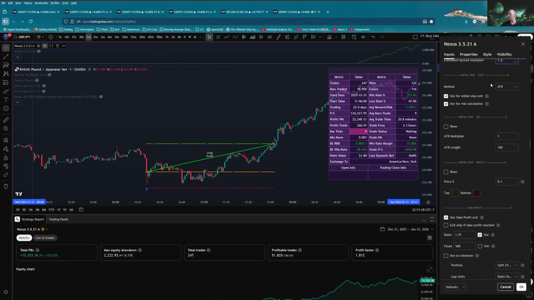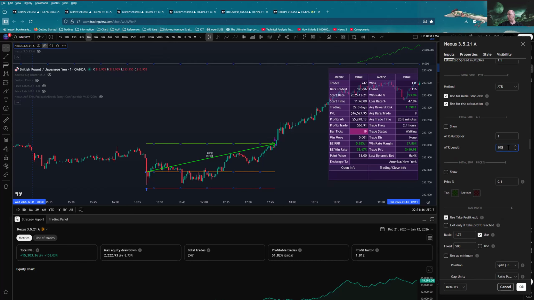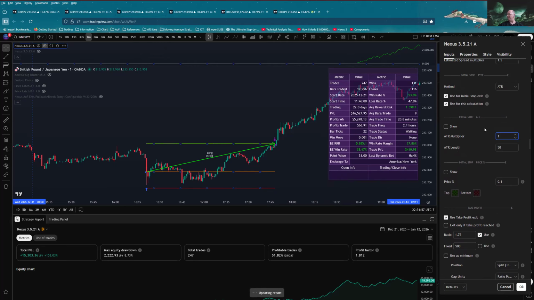And let's go on to the next one. This is the default where it uses an ATR for a stop, which is probably what almost everybody does. I've tried a lot of different methodologies for stops, and I keep coming back to this seeming to be the most effective. You can see it defaults to 100. I've been finding recently that I like 50 for an ATR length instead of 100. Hopefully it doesn't take all my numbers, but anyway,